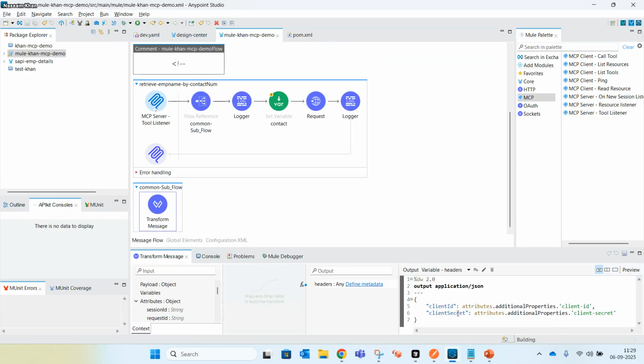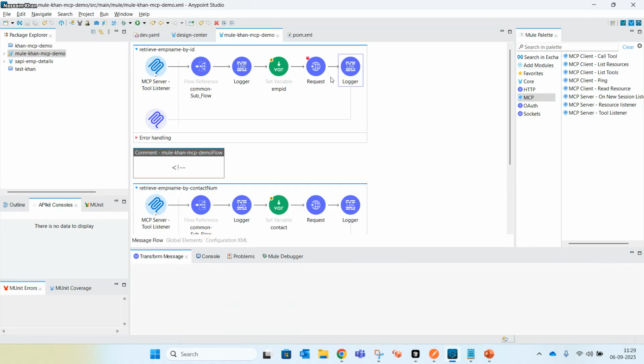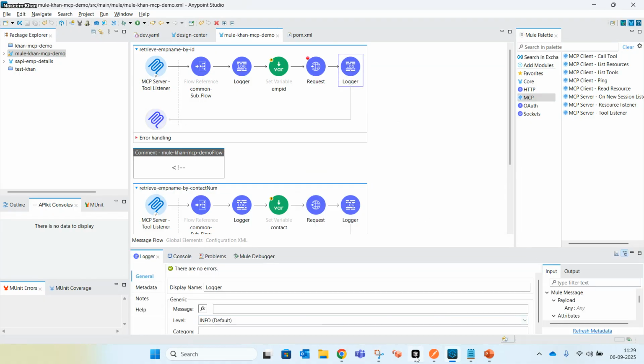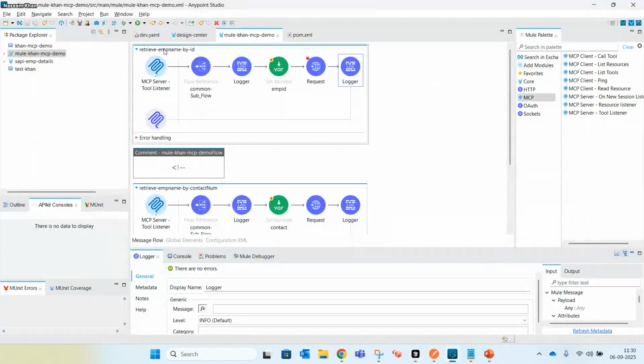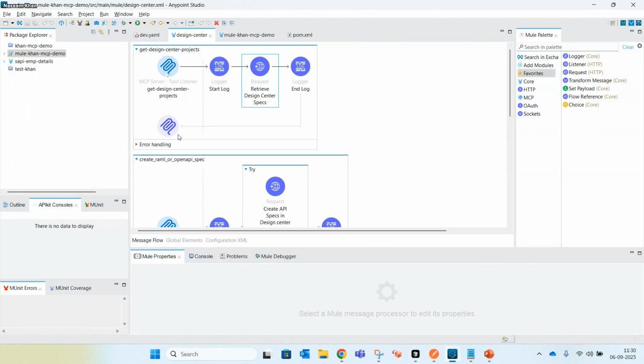And then the response will be propagated. So in MCP, these two tools we understood, right? I'll talk about these three tools later.